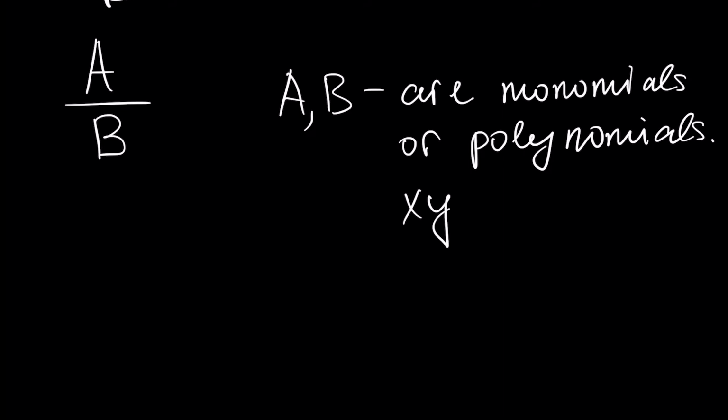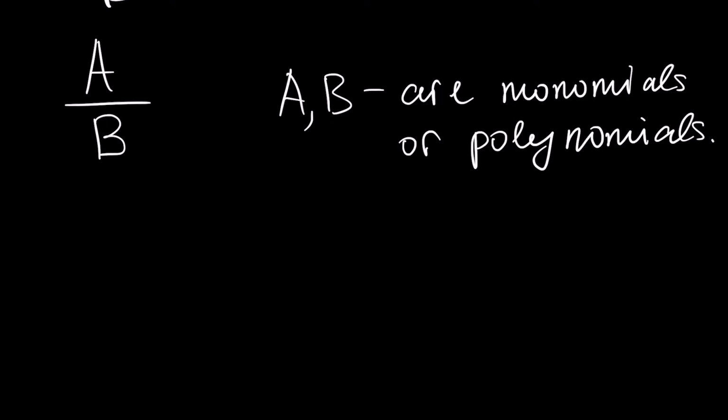For example, this is a monomial, but if we have plus z, this is already a polynomial. In our algebraic fraction, a is called a numerator and b is called a denominator. The rules for arithmetical operations of algebraic fractions are the same as for simple fractions,